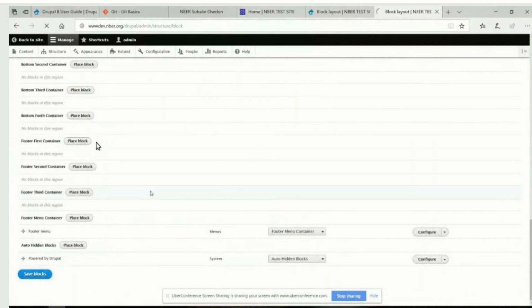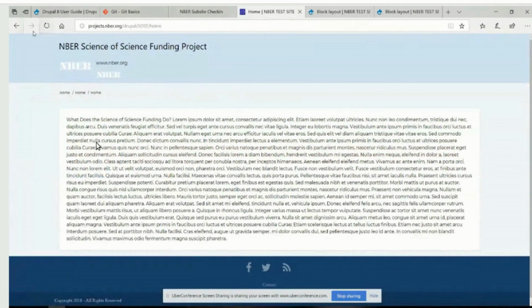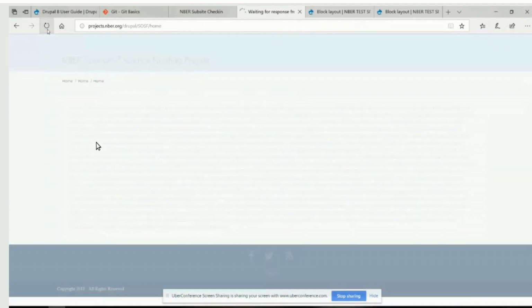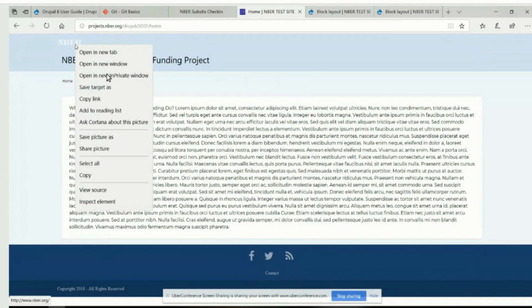Yeah, save that. And then once that's saved, if you go back to the home page now, reload that. Okay, so now it's above. So now if you right-click on the NBER logo, and then do inspect element,